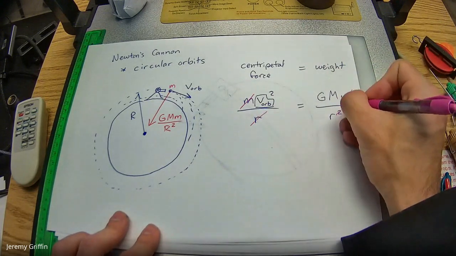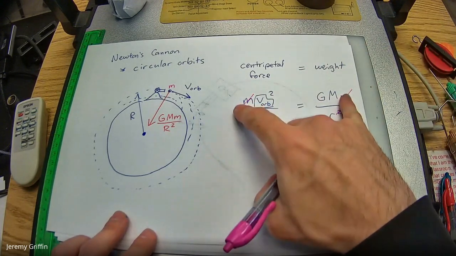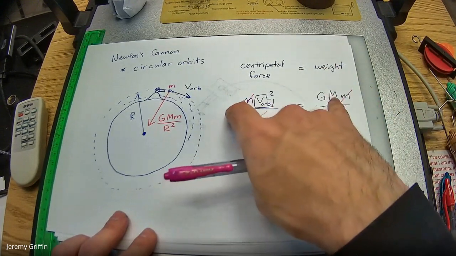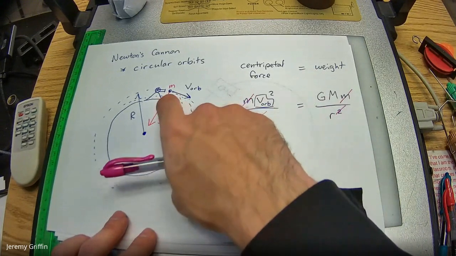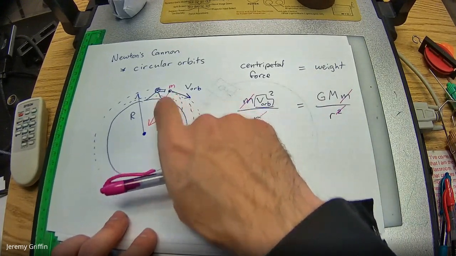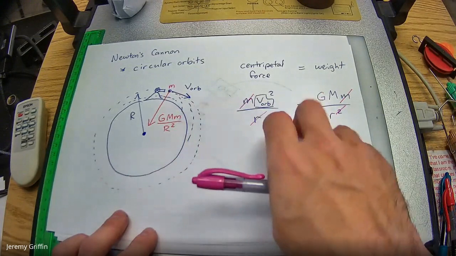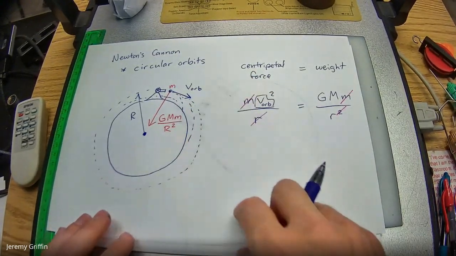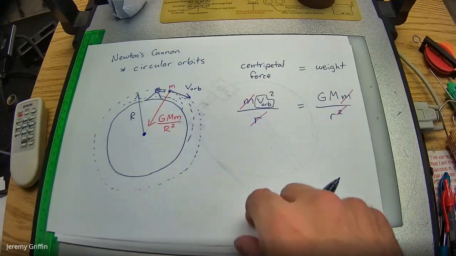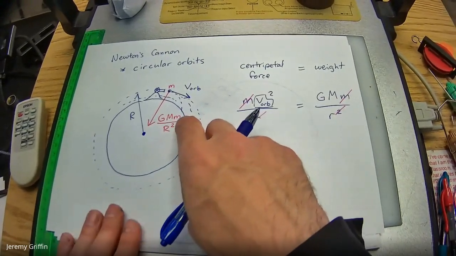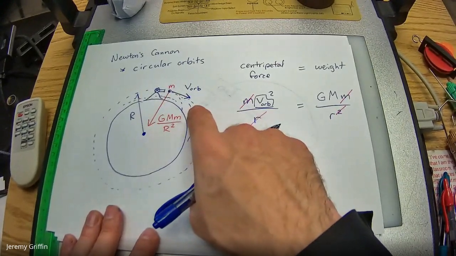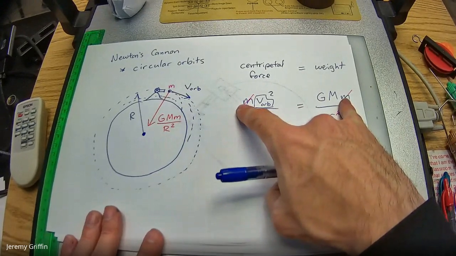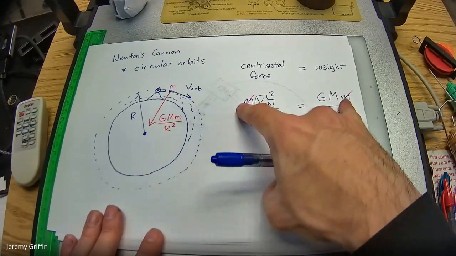Not completely, but partially. Now, speaking of the m canceling out, I know we haven't exactly answered this yet, but suppose you're in the International Space Station. It's going at some speed that we're about to figure out the expression for. And now you get a bunch of new supplies. So there's been a delivery, there's new supplies, there's new astronauts to increase the mass of that International Space Station. Do you have to make it go faster to keep in orbit? No. And you know that right here because the little m cancels out. So whatever orbital speed is has nothing to do with the mass of the satellite.